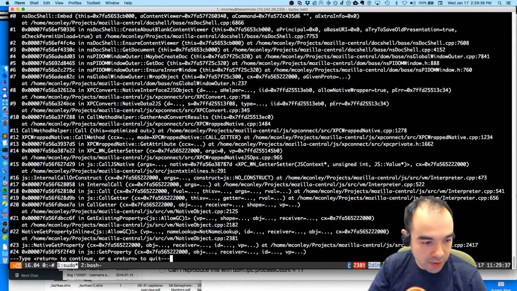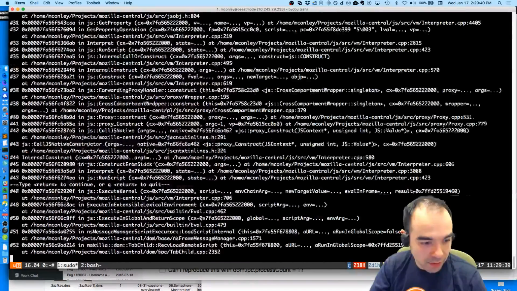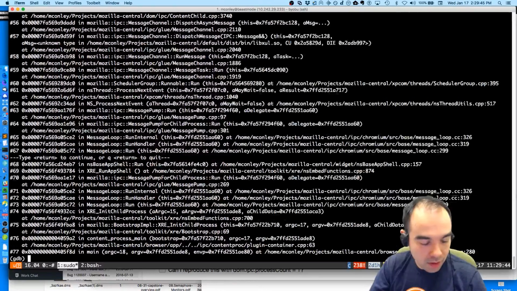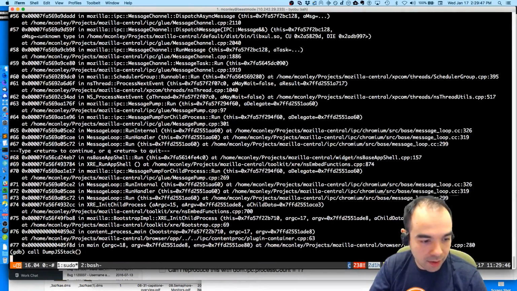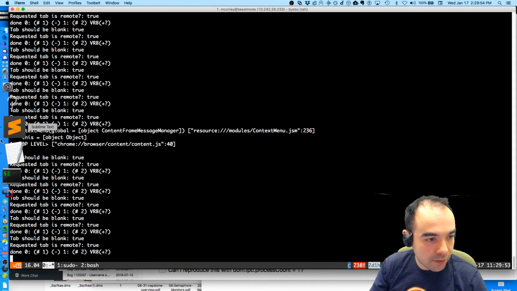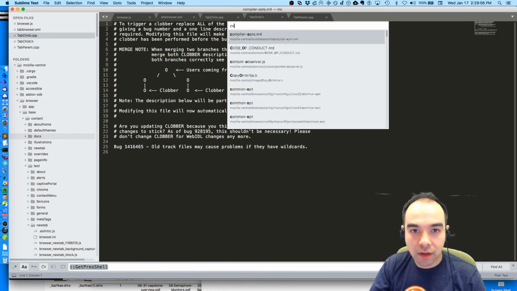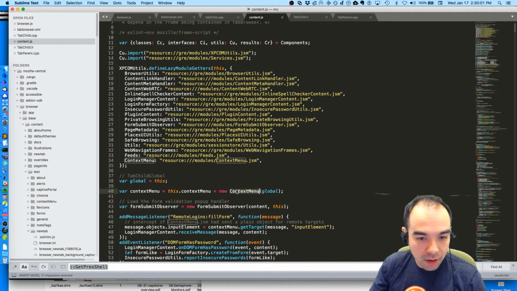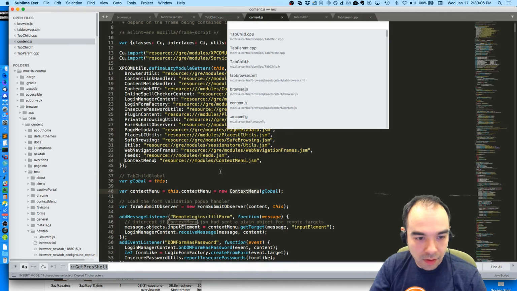We're executing some JavaScript. Let's see if we can find out what the JavaScript is. Call dump JS stack. In content.js, line 40. Here. What? New context menu. We access the global, maybe. Or we set something? Is that why?